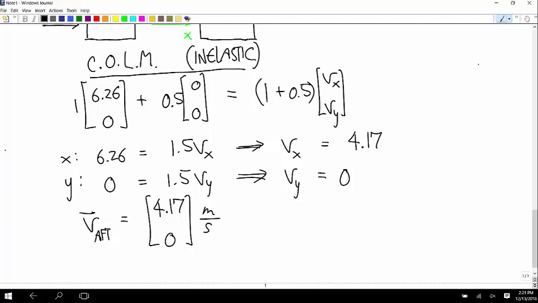Yes. No, we can't. I didn't go into how to do that. That's called an elastic collision, and it sounds like that's what you have to do in number 11. So don't do number 11. That's all we can do. We didn't talk about any other kinds of collisions.